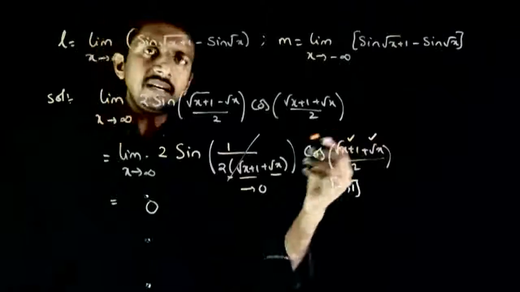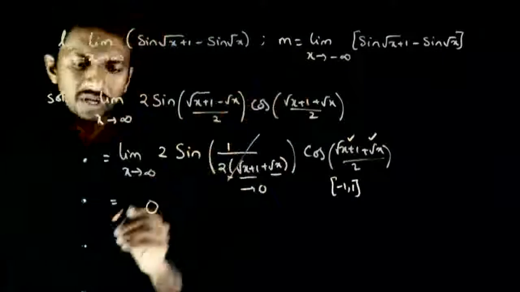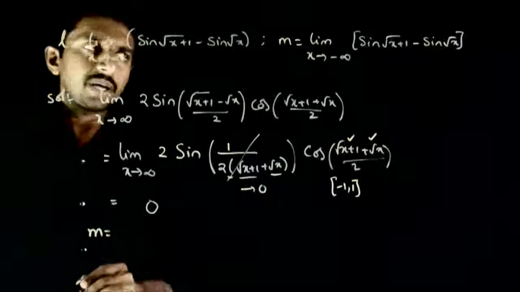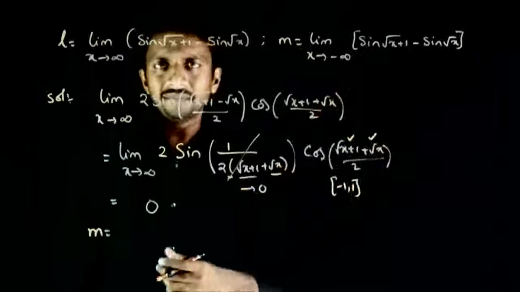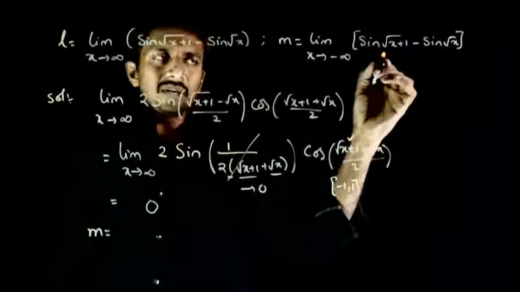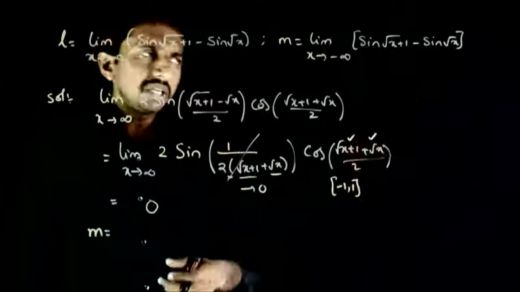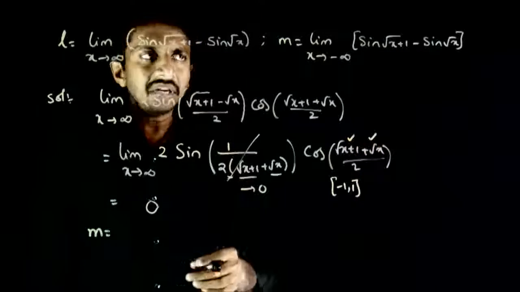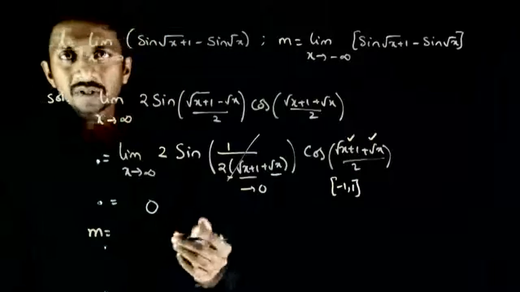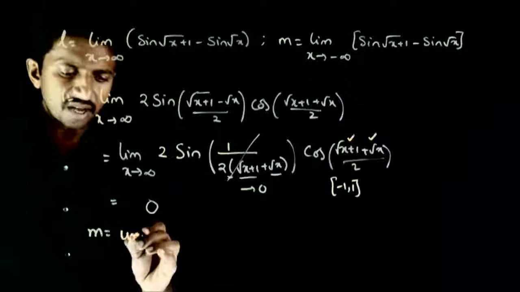ठीक. And next, if you want to calculate M is very straightforward. आप देख सकते हैं because as x tends to minus infinity, this function is not defined. क्योंकि root define होने के लिए root के अंदर positive होना चाहिए. So x अगर minus infinity पे जा रहे हैं, this and this are not defined. Hence, limit is also not defined. So M is undefined